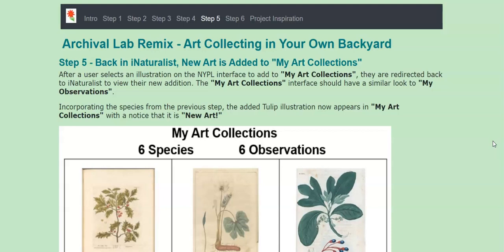But the smaller scope of this first run of this type of project maybe also adds a little bit of a feeling of specialness to collecting a piece of art, because not all of your observations might match an art piece. So when one does, it makes that print you've found and collected a little bit more special. And so, moving on,